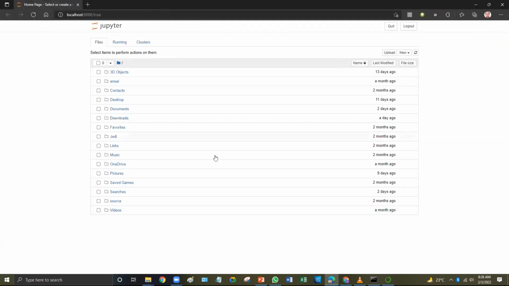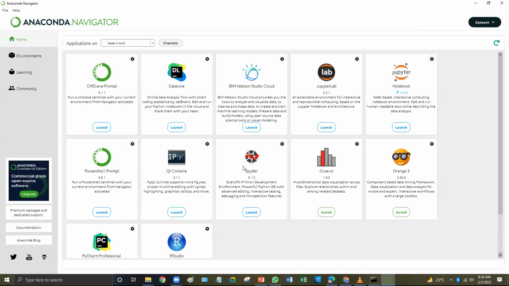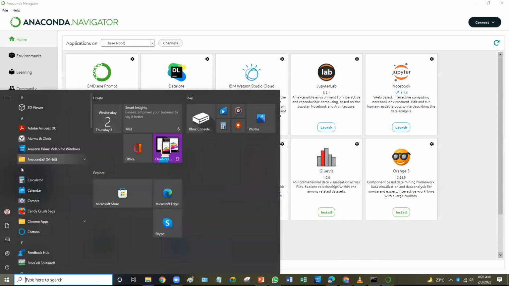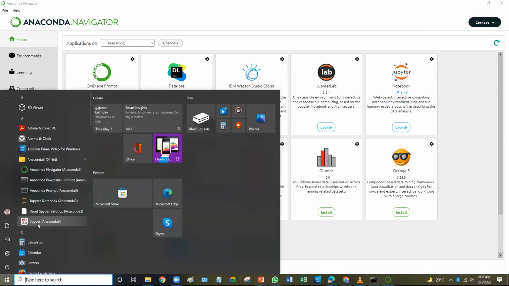Okay, Jupyter got opened. It gives some error, but this is how Jupyter looks. Anyway, we are going to use Jupyter as a normal command line prompt, so don't worry on that part. So either this way or straight way. Even I normally try to use Spyder like this. I go to the command prompt and click on Jupyter, Spyder. Yes, like this it was working, but I couldn't launch from the Anaconda.